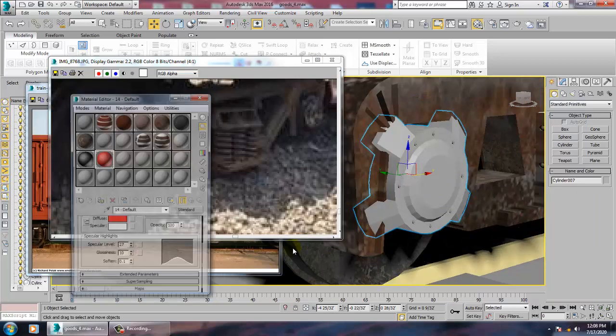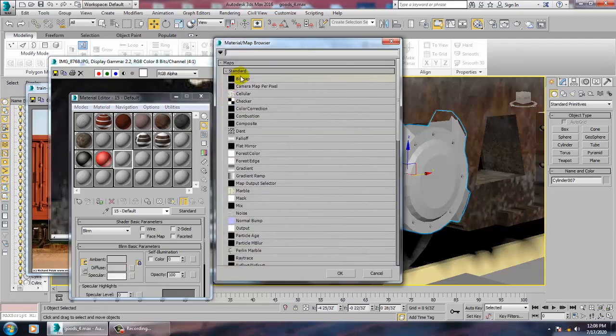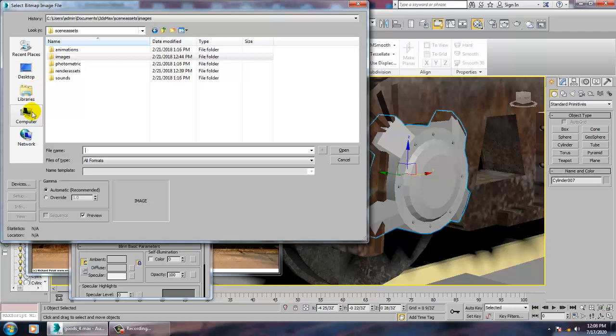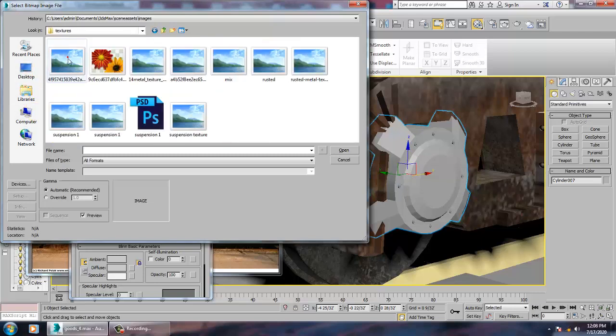So let's select this. Let's go into this bitmap. Textures.